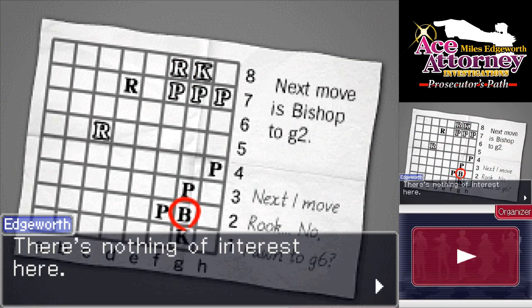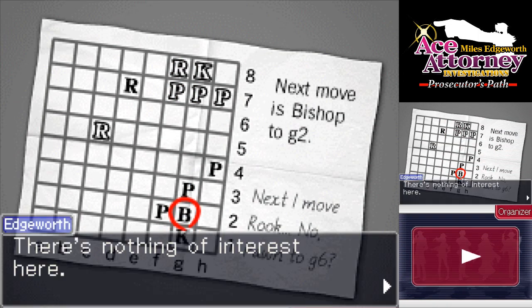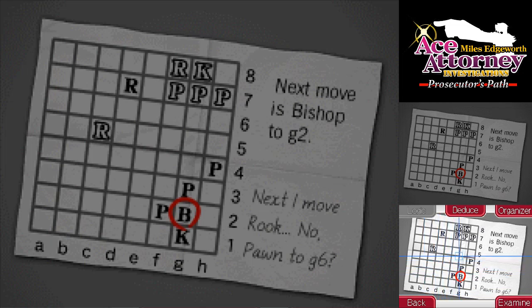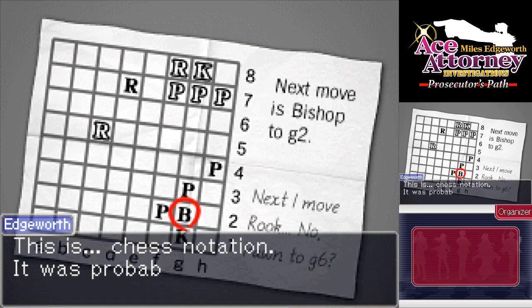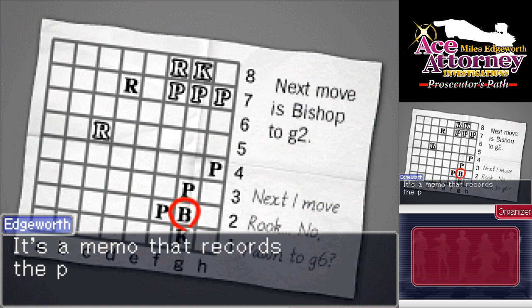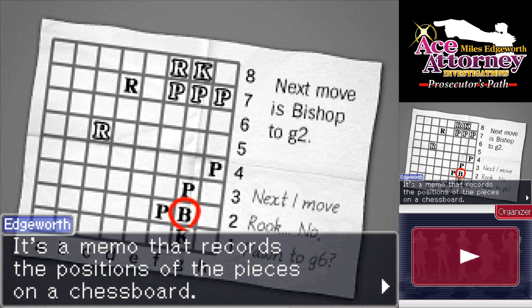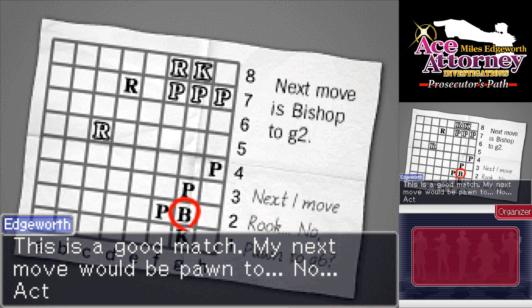There's nothing of interest here. This is chess notation. It's probably the victim's. It's a memo that records the positions of the pieces on a chessboard. And this is a good match. My next move would be pawn to...